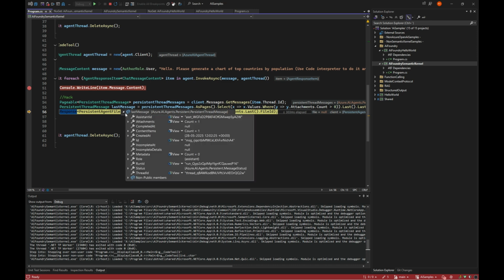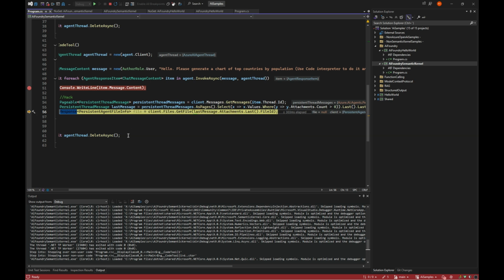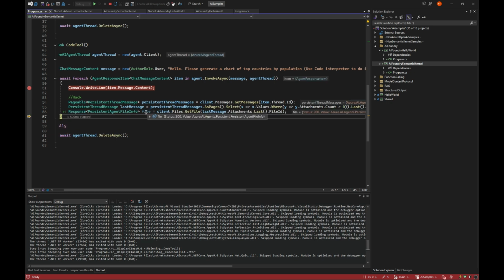They will of course fix that, but we get back a file ID, so assistant and then some ID here. And if we use the client.files.get files, so this is again the Azure persistent agent client, we can actually get the file back. So in that regard, Semantic Kernel works, but it's not really the way we should do this. We should get it back from the real call.